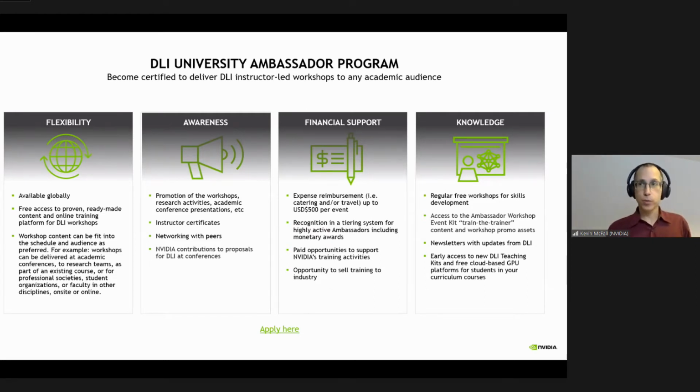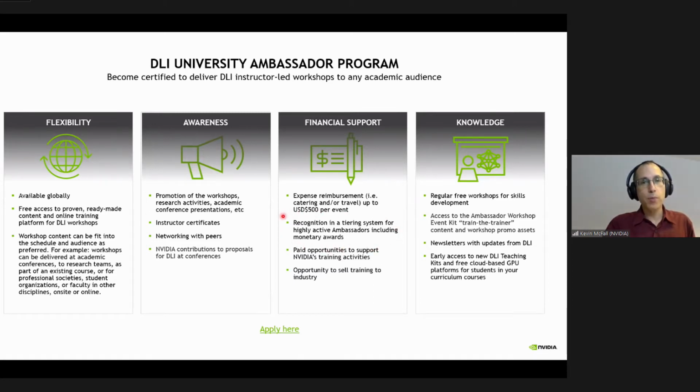Within the University Ambassador Program, there is expense reimbursement if you travel to another university, say to present the workshop. You can get up to $500 US dollars reimbursed for the travel. We do have a new program that hasn't come out yet, hasn't been officially announced yet.